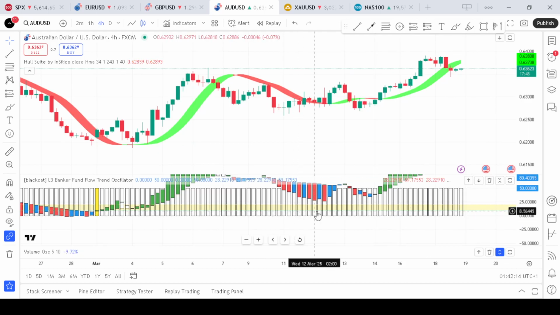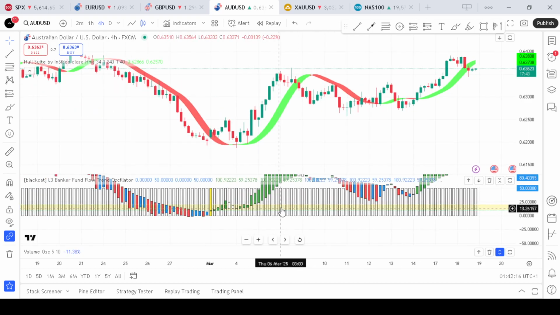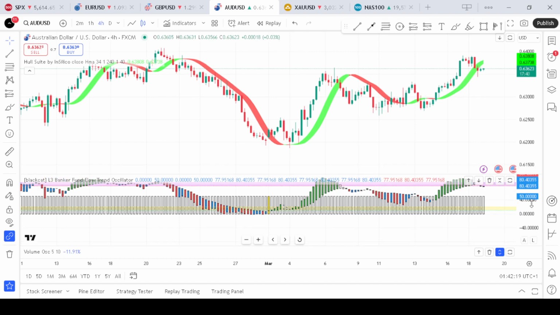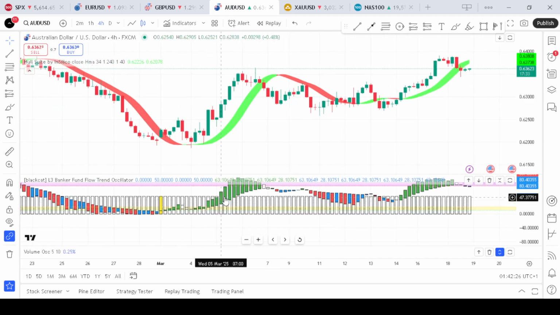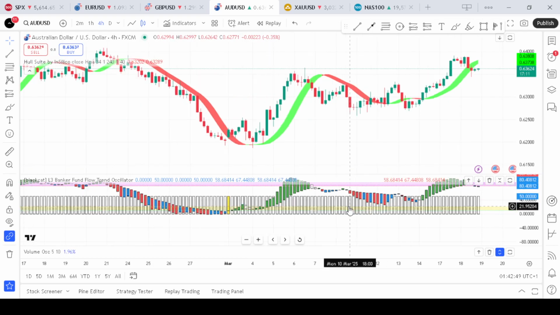While we have the candlestick color, and this indicates the color code candlestick pattern to represent different market condition. We have the green, which indicates increasing position. We have the white, which indicates decreasing position. We have the blue, all this blue we can see here. The blue indicates weak rebound, while the red indicates exiting position. So these are the key components you need to know about this banker